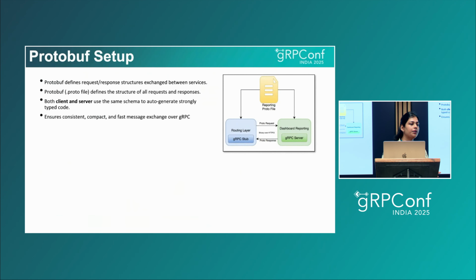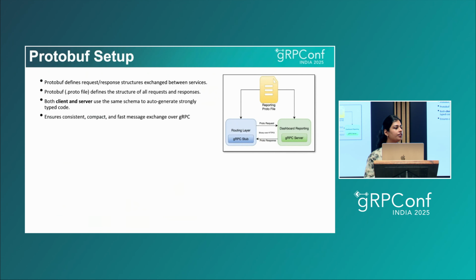Everything in gRPC starts with a proto file. It's a kind of contract that the server and the client maintain, and it ensures that when they are talking, they talk in the same language. Whenever a request is exchanged between the two, they refer to the same dictionary and there are no surprises in what they are receiving. Our proto files, as usual, include the service methods and the proto request and response formats, where the gRPC server, in this case the dashboard reporting application, has all the implementations, and the routing layer is responsible for making all the client requests.